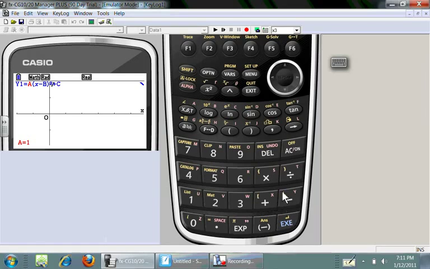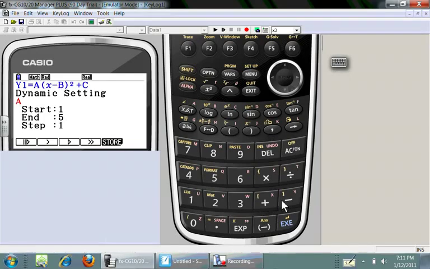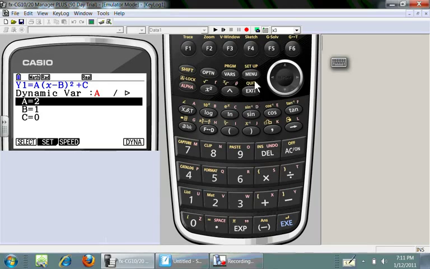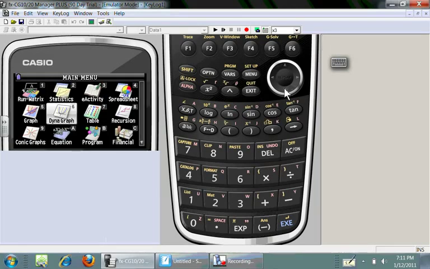Looks like right now I'm a little off the screen. So let me stop this for a second and also get a chance to talk about the fact that if I want to zoom in and out, I can press the plus and the minus. So I'll show you that a little bit later. Just want to click through a few more of these. Tables, if you want to look at tables of your functions, all your functions that you graphed are in that table. Recursive, if you want to do some recursive functions.